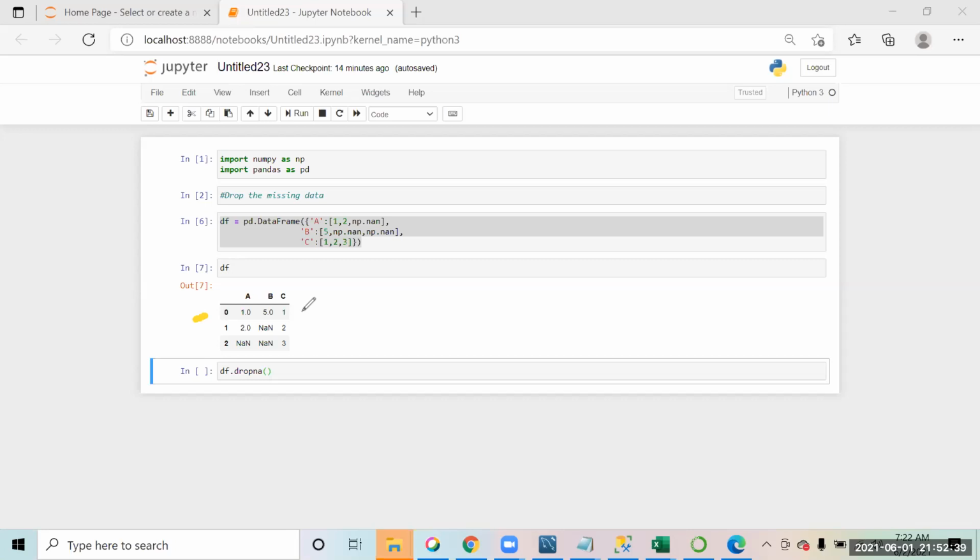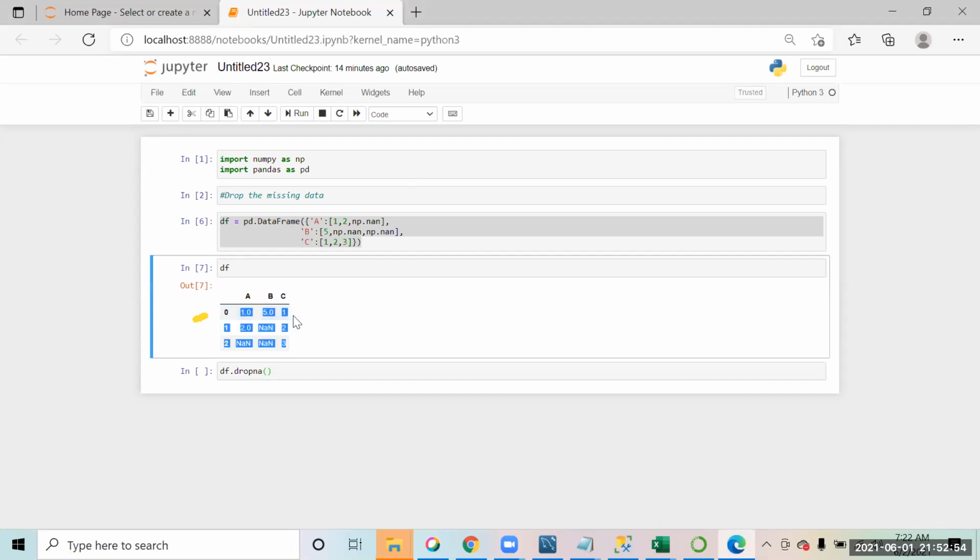The same concept applies here. Whenever you have missing values, you cannot just delete one value. You will be deleting a complete row or a complete column. So a complete row or column gets deleted if you have any missing value.